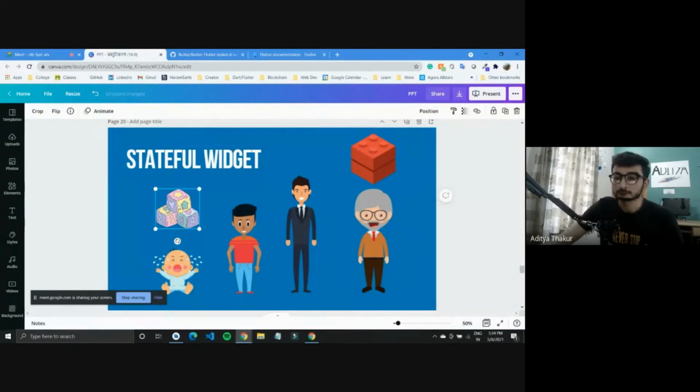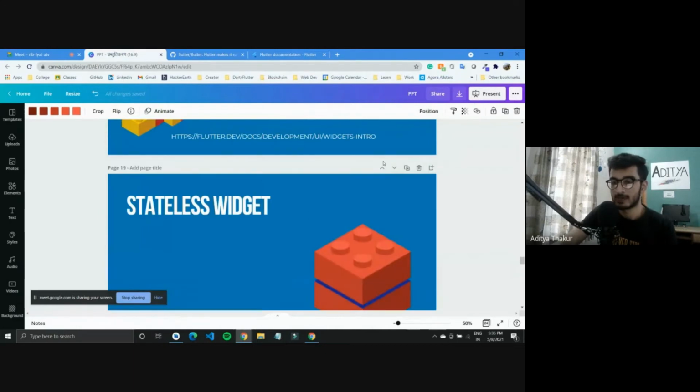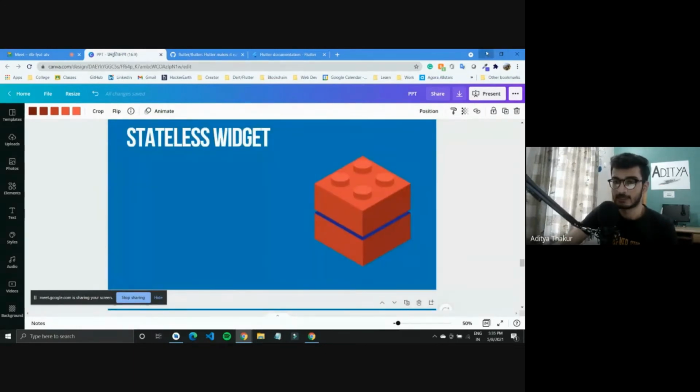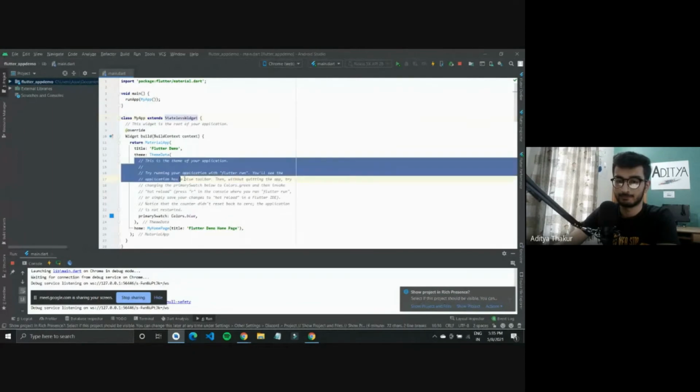Initially this widget could be pink in color, but as it grows through the app, it would turn brown. I'll show this by example because it would be clearer like that. But this MyApp widget is a stateless widget, so throughout the execution of the complete application, it would remain the same in state.